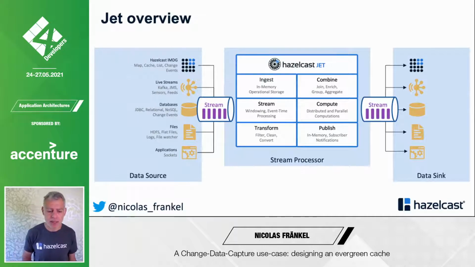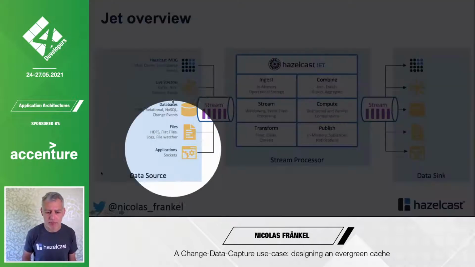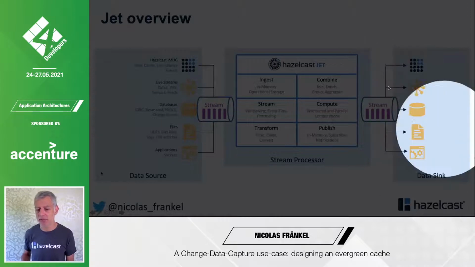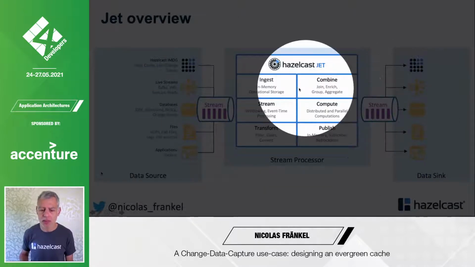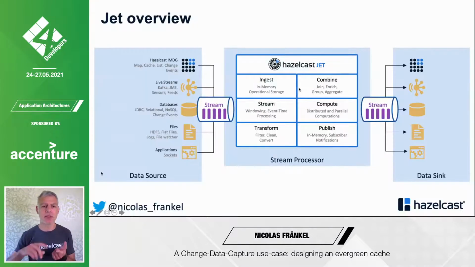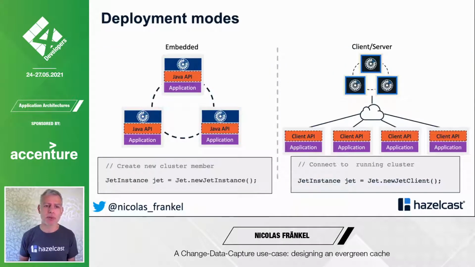And the idea is that it can read from different sources, it can write to different targets, and in between, you can do transforms. It will be distributed by default, and you can do enrichment, so that if you have data that sits in the database, you can preload it in memory and the enrichment process will be very, very fast. Jet is written in Java, so if you are a Java developer, the easiest way to use it